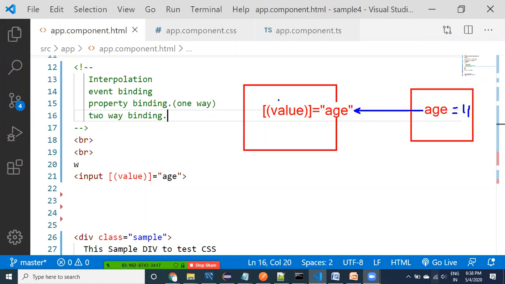This 11 is going to come into this text box. If you change something in the text box, whatever changes you make are transferred to the property also. Whatever changes you have done in the text box will go back to this property, and the property value is going to get updated. Whenever you apply these changes, this can be called two-way binding.